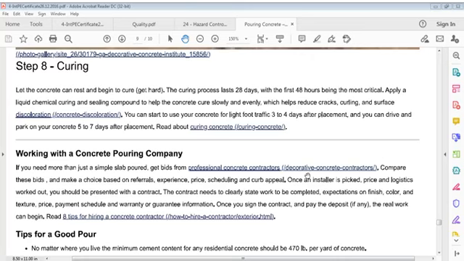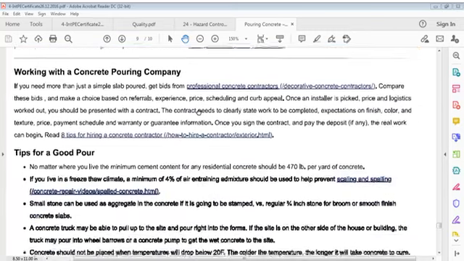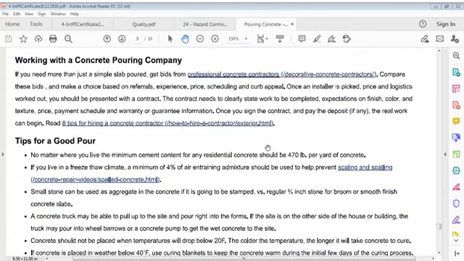Working with a concrete pour company. If you need more than just a simple slab pour, get bids from professional concrete contractors. Compare these bids and make a choice based on referrals, experience, price, scheduling, and curb appeal. Once an installer is picked, and price and logistics are worked out,